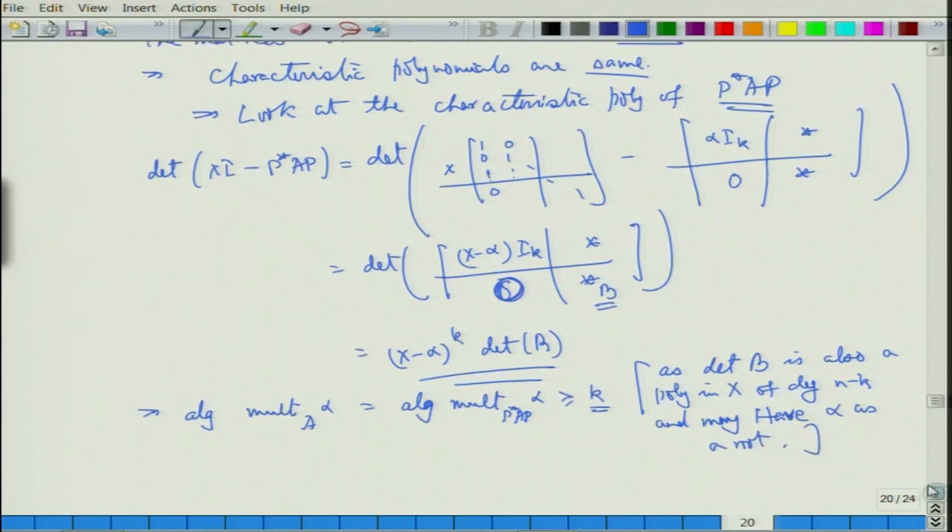All right. I cannot understand what B is, what the entries of B are, but at least I know that